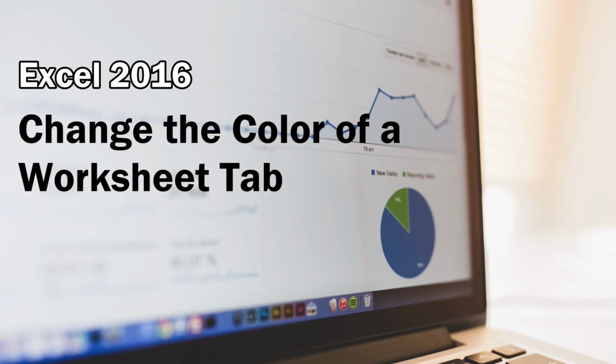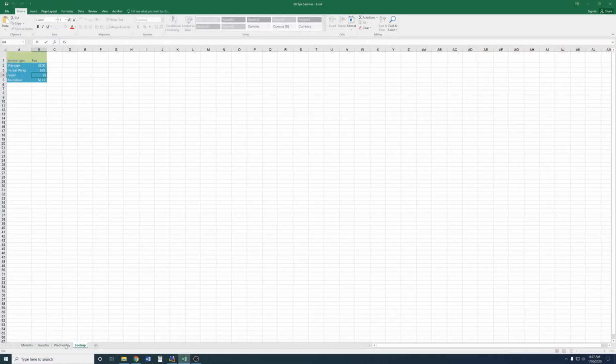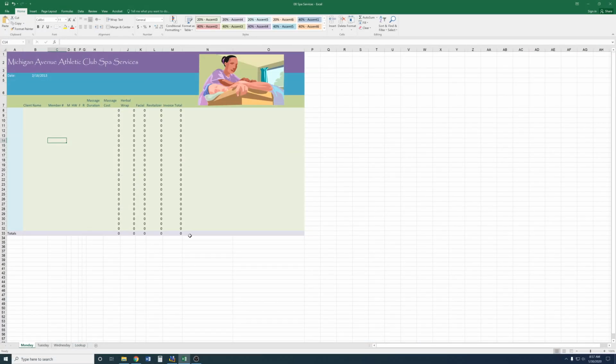In this video, I'm going to show you how to change the color of a worksheet tab in Microsoft Excel 2016. So if I'm over here on my 08 SPA services file that I've been using in the last several videos,